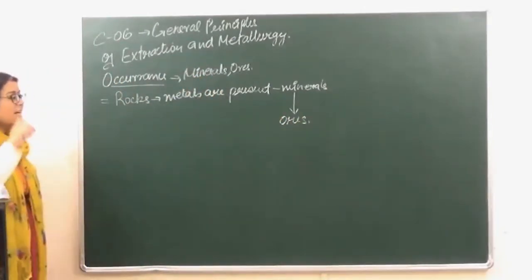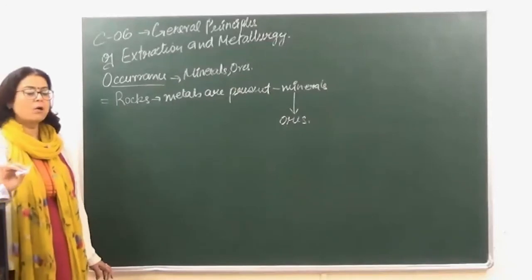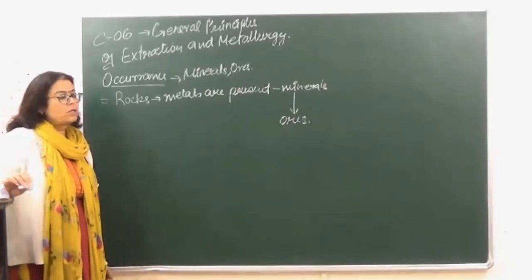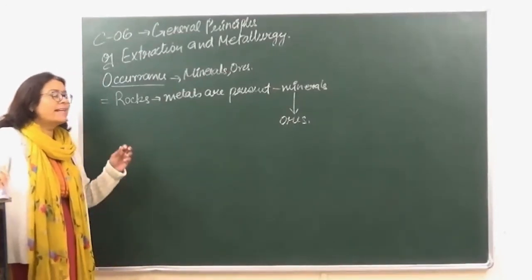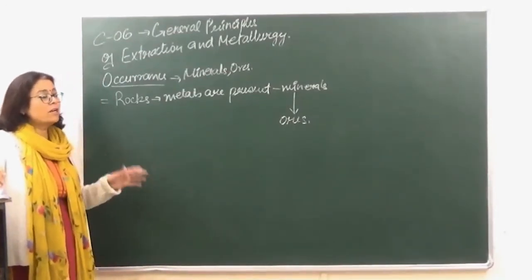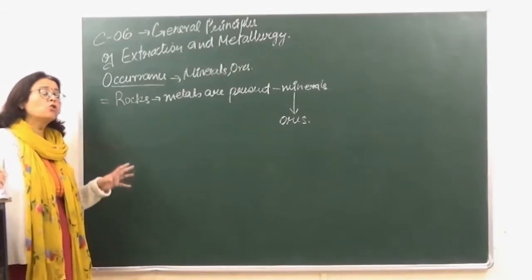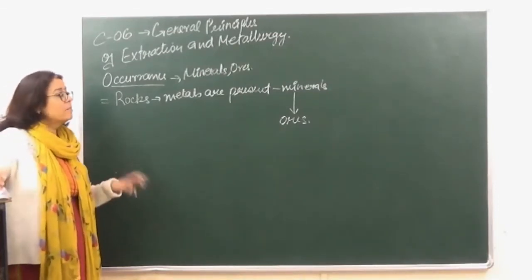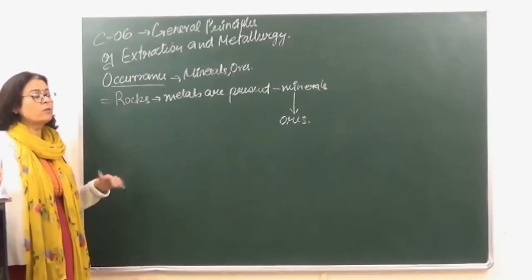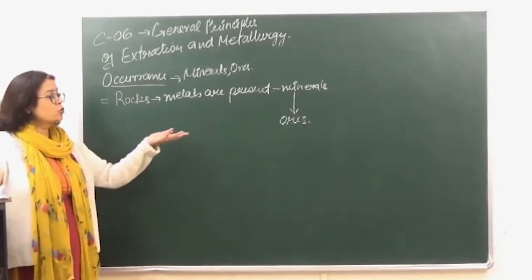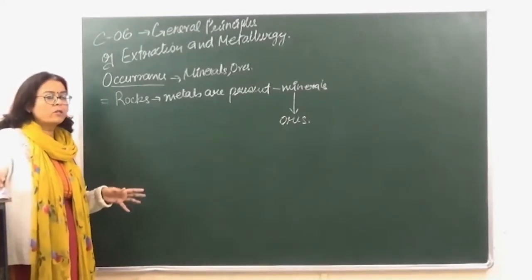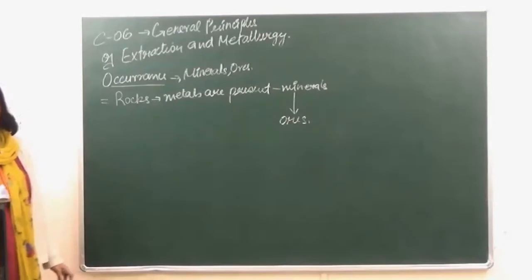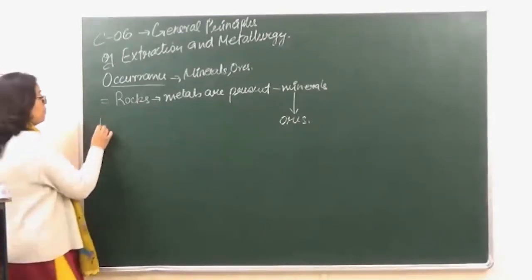Okay, so we say that all ores are minerals, but all minerals are not ores. क्योंकि सारे minerals, जितने भी minerals हैं, one metal may be present in say 10 forms, but we cannot extract the metal from all those 10 forms. Right? There might be 2 or 3 forms from which we can extract the metal easily. Those 2 or 3 forms, they are going to be known as ores. So all ores, they are going to be minerals, but all minerals, they are not going to be ores. ठीक है? जैसे for example, let's